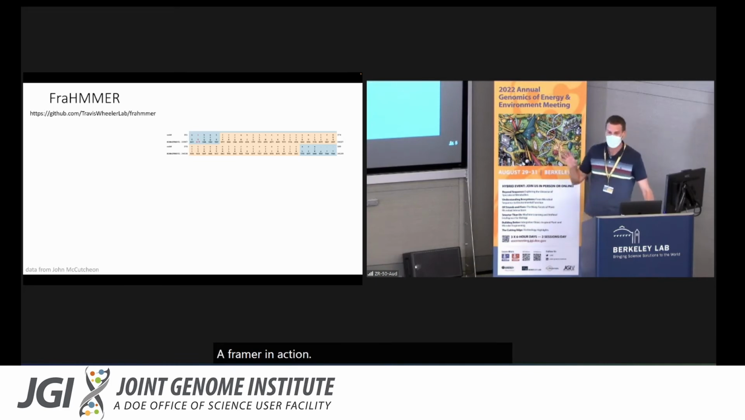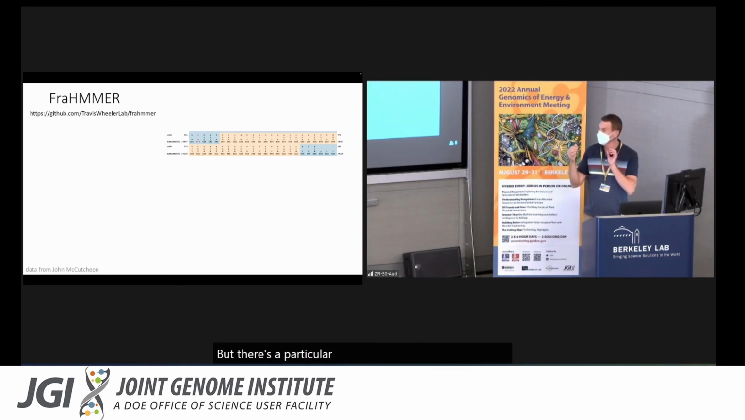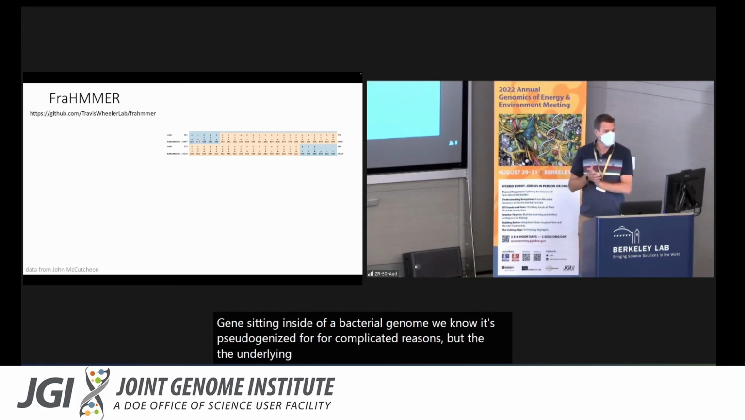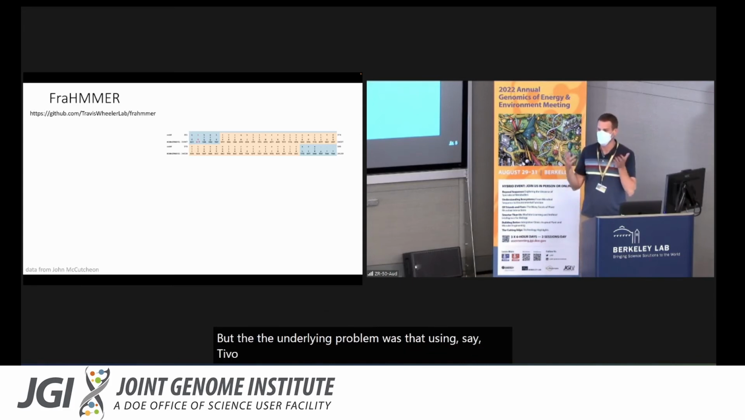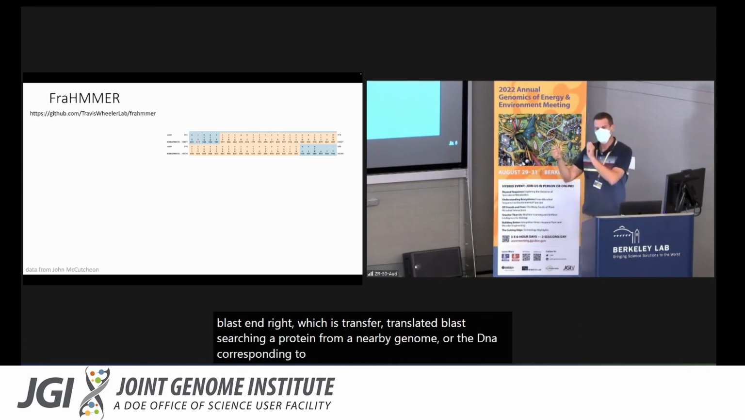Here's one example, a backstory that you can ask me about downstream. There's a particular pseudogenized COB-N gene sitting inside of a bacterial genome. We know it's pseudogenized for complicated reasons, but the underlying problem was that using, say, tBLAST-N, which is for translated BLAST, searching a protein from a nearby genome, or the DNA corresponding to it, to this particular region, we'd